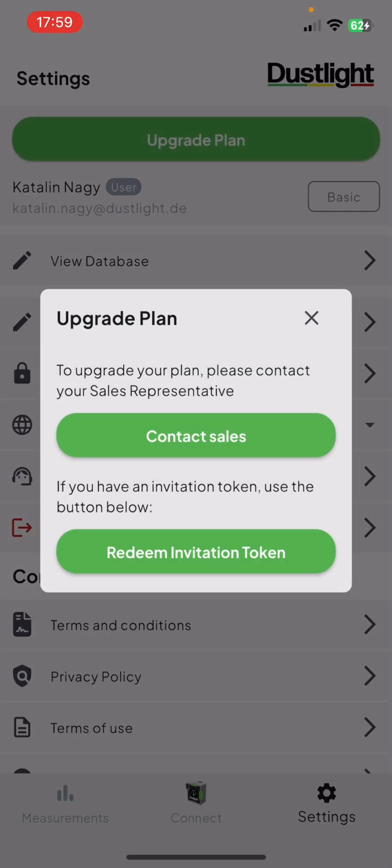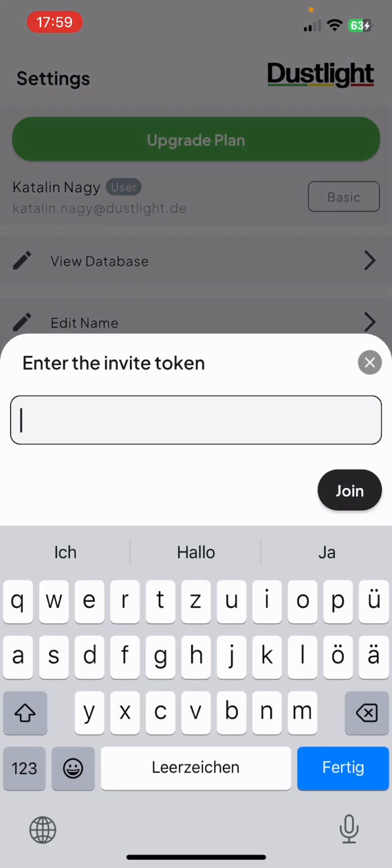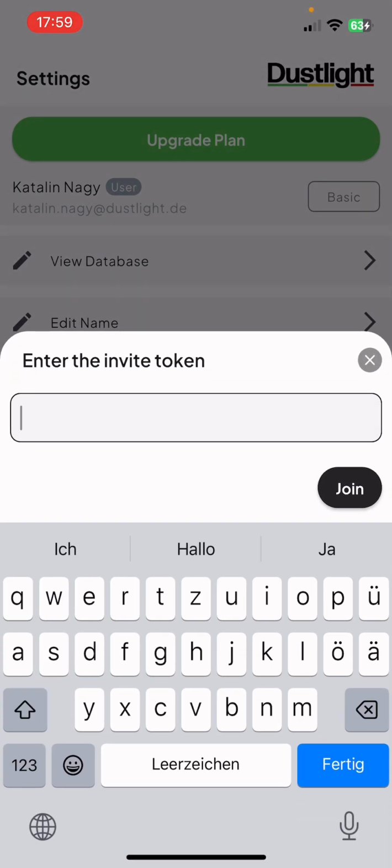So by clicking upgrade plan, I can either contact the Dustlight sales team in order to access business licenses, or I can redeem an invitation token. I receive an invitation token either by directly purchasing from Dustlight or by being in a company having licenses for that plan. I already have an invitation token, so I'm going to enter my invitation token